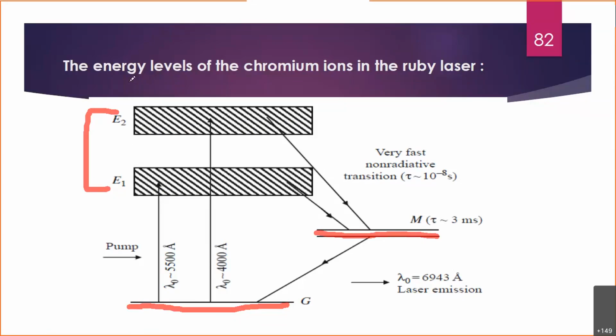So you see this energy level diagram. Even though you see some differences between them, in general E1 and E2 make only level number 3, because in a solid they are very near to each other. Just for your understanding you see the difference, but otherwise they are very near. Collectively I am considering this as level number 3. This is your ground level at the bottom, or you can write it as level number 1. And the line in the middle is your metastable state, or you can call it level number 2. Either way you can prefer.